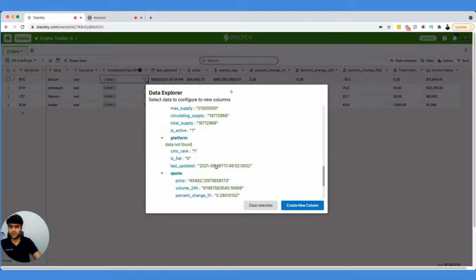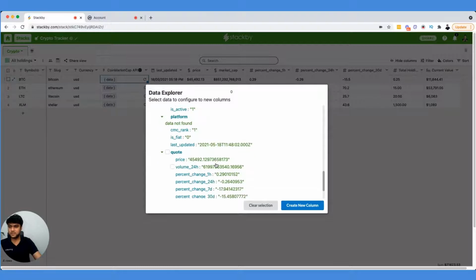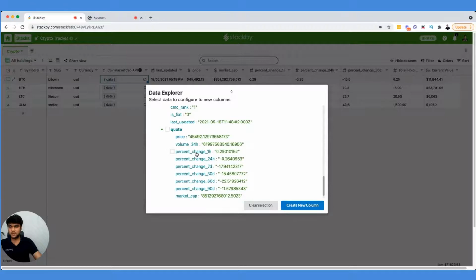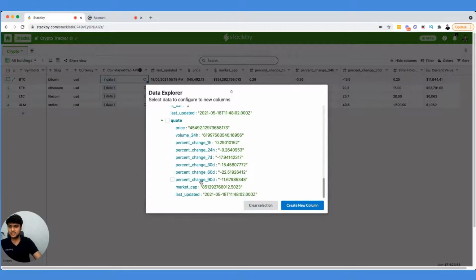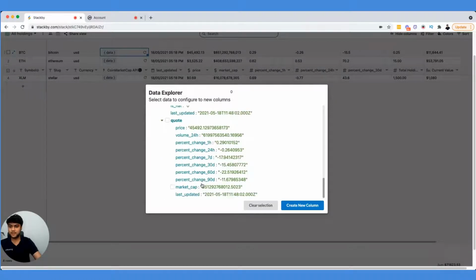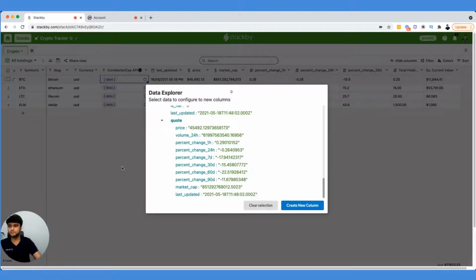In this case, I want to bring the information about the price of Bitcoin, what is their volume, their percentage change, 30 days, 60 days, 90 days changes, the overall market cap, and when was this last updated. All I need to do is, if I want to bring certain information, I just say I want to bring the volume, and let's just say I want to bring percentage change in 60 days, and I just create these two columns.